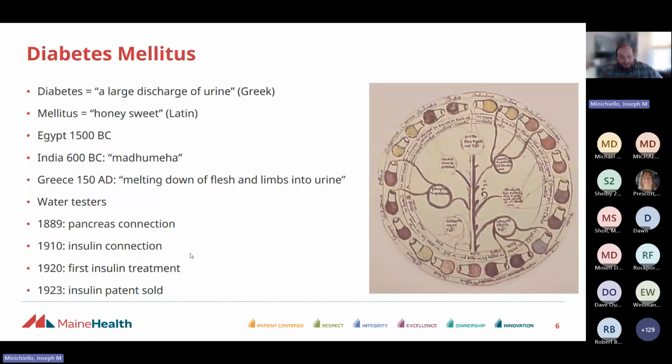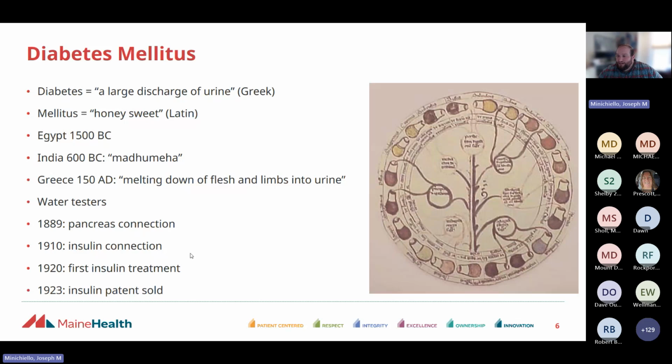the taste of urine. To the side here is an old urine chart where they used to go off the color and the taste and would then come to a diagnosis based on the color and taste of urine. Let's just say I'm thankful that we have glucometers and that this is not in my job wheelhouse to be